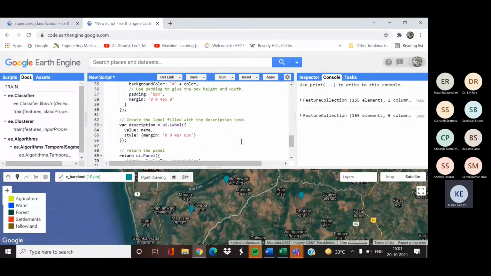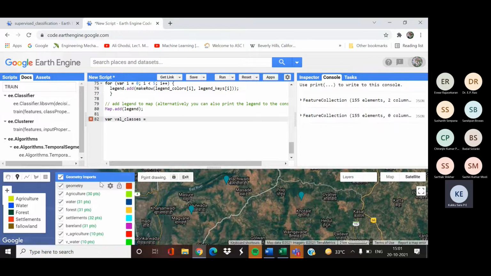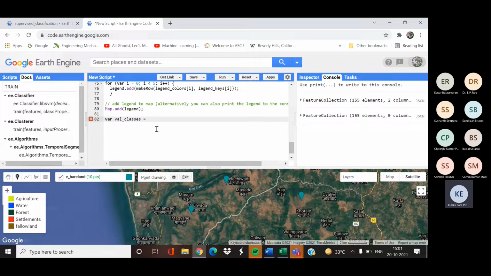Now again, like for training data, we'll merge all these validation points. Name the variable. Just merge all the validation points.